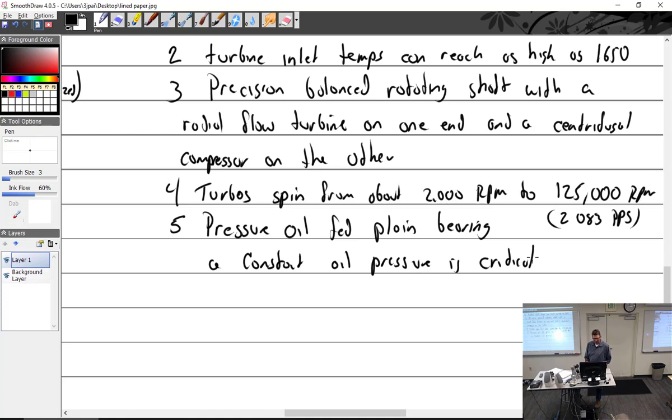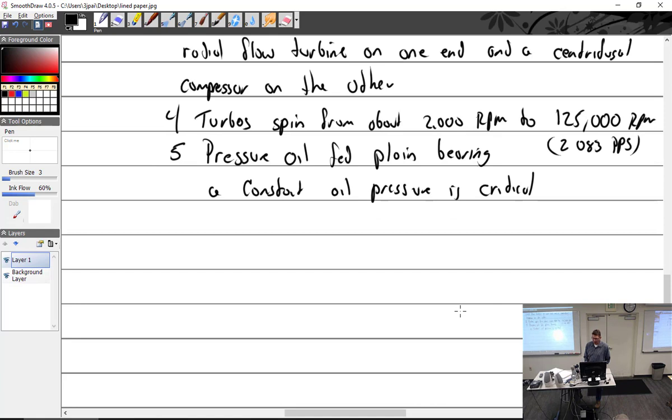There's a lot of problems associated with this particular system from a standpoint of how the engineers created it. It works absolutely well until mechanics get involved. And then things start to have problems because it is pressure fed and there's a check valve in there. A check valve is a one-way valve that allows oil to go in one way and keeps it from flowing the other way. And occasionally mechanics put the check valve in backwards, which means it's no longer pressure fed, it is nothing fed. And so they